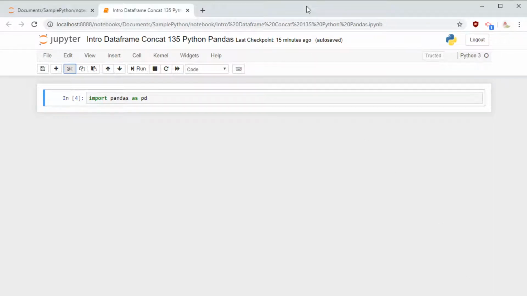Introduction to data frame concatenation. In the past, we have learned a lot about data frames. We have learned how to load a data frame from a CSV file, then how to do various processes like search, replace. Now let's learn about concatenation. As we know, the first step, I have imported pandas as pd, and I have three files in my